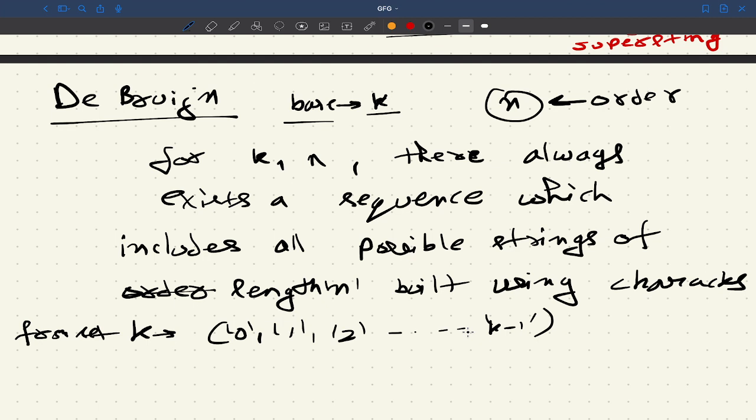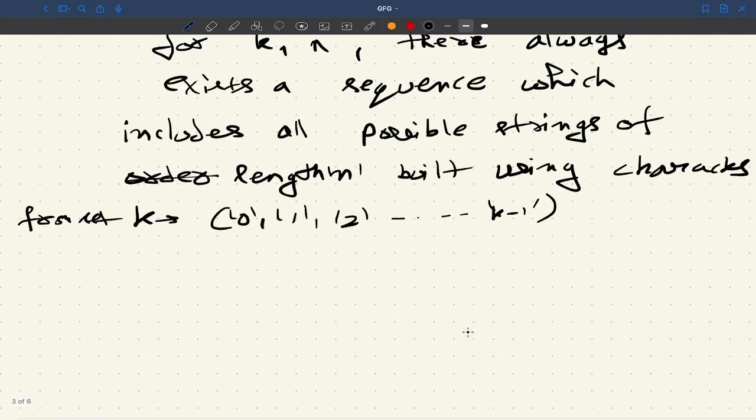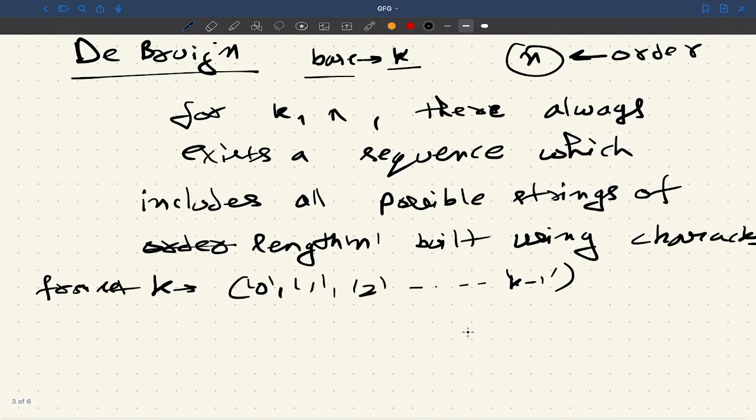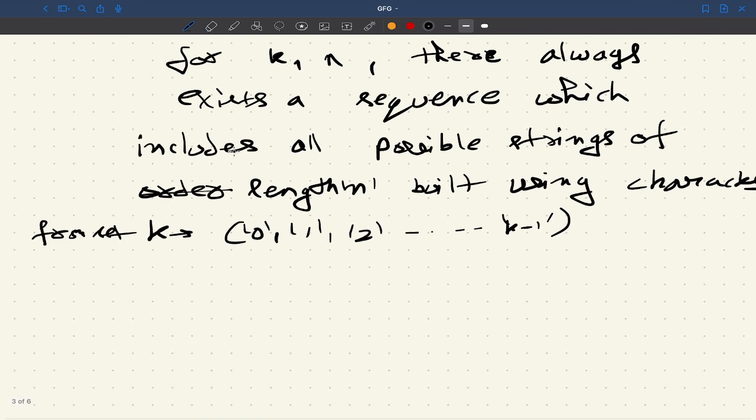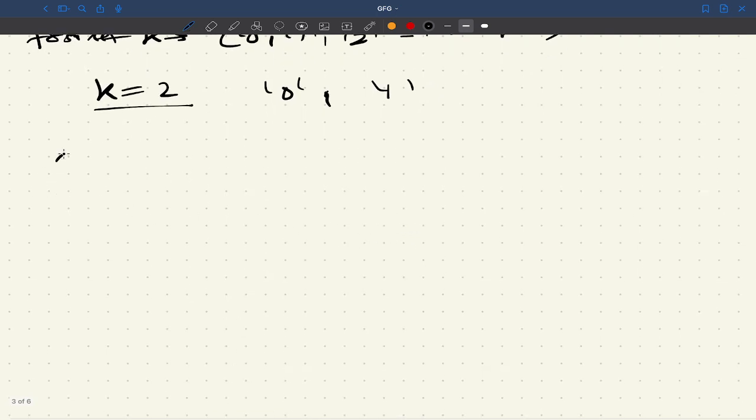So this is something De Bruijn claimed, and let's see some examples. We'll assume that the base is 2, so we'll work only with binary De Bruijn sequences in which the characters are 0 and 1 only. Great. So if the order is 2, then